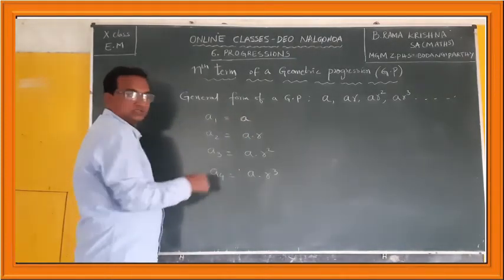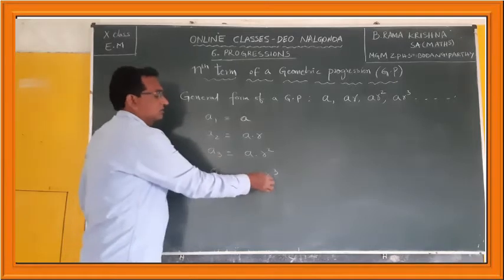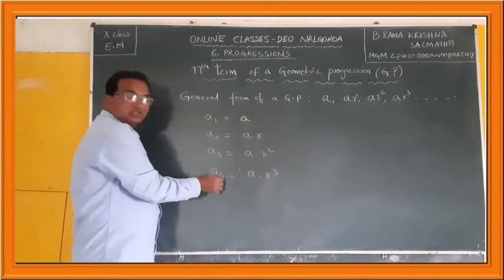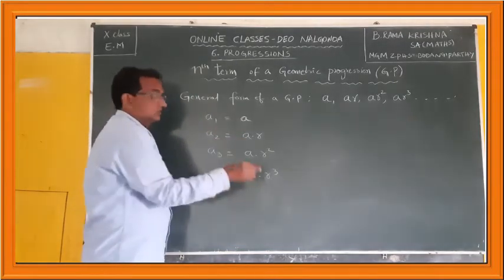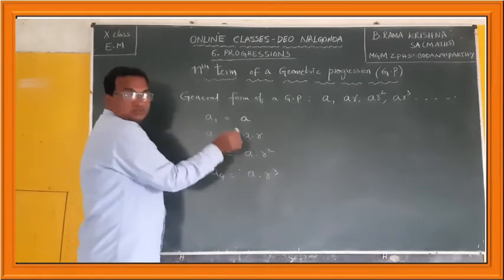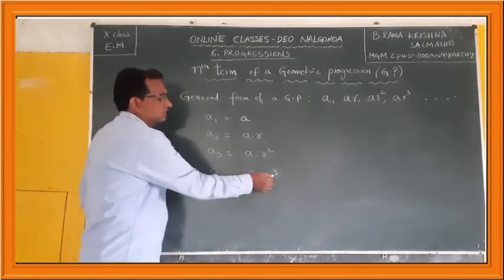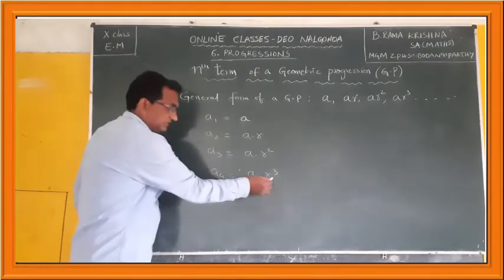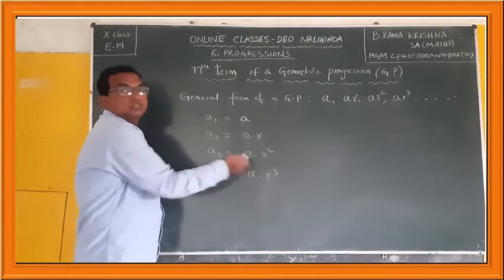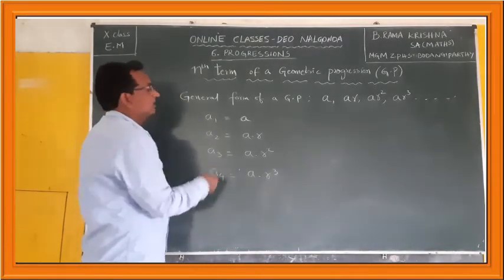Here to get the fourth term you have to multiply 1 less than this 4 times r to the first value. 1 less than 4 means how many times? 3 times. If you multiply 3 times r, that will become r cube. Okay. So,